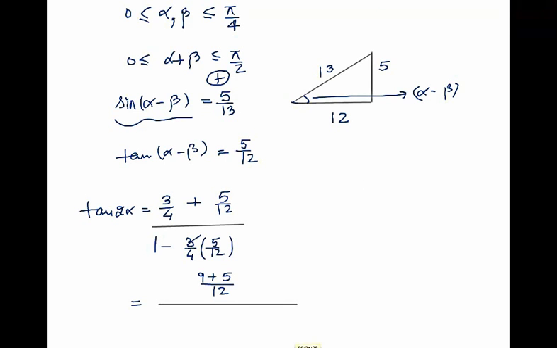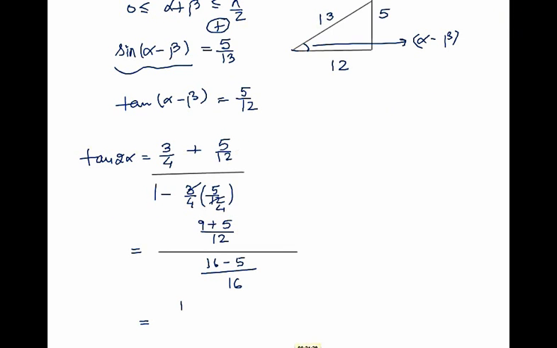And the denominator will turn out to be, this 3 will cancel this 12, that will give us 4. So 1 minus 5 over 16, that will be 16 minus 5 divided by 16, and that is equal to 14 over 12 multiplied by 16 over 11, which on simplification, 4 will be cancelled out here and it will be 3. So 14 times 4 is 56, and 11 times 3 gives 33. So our answer will be 56 over 33. Let us check what's the correct option.